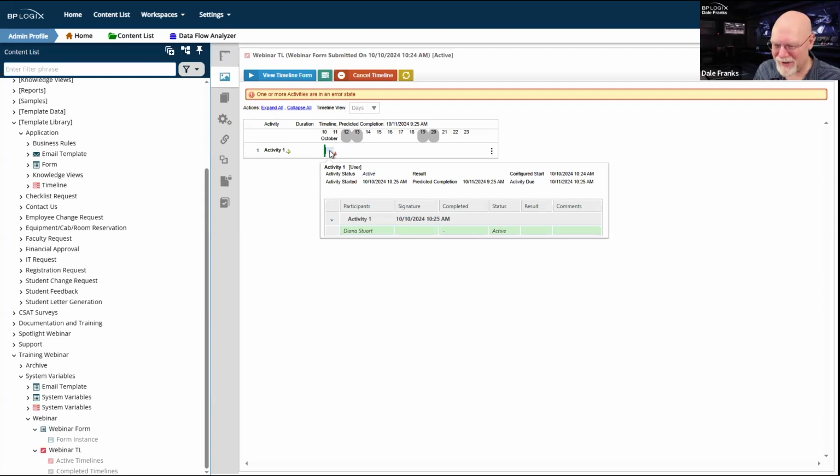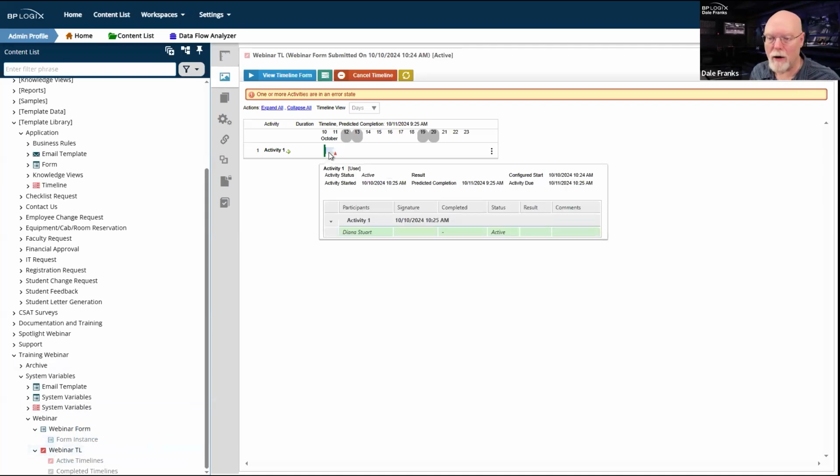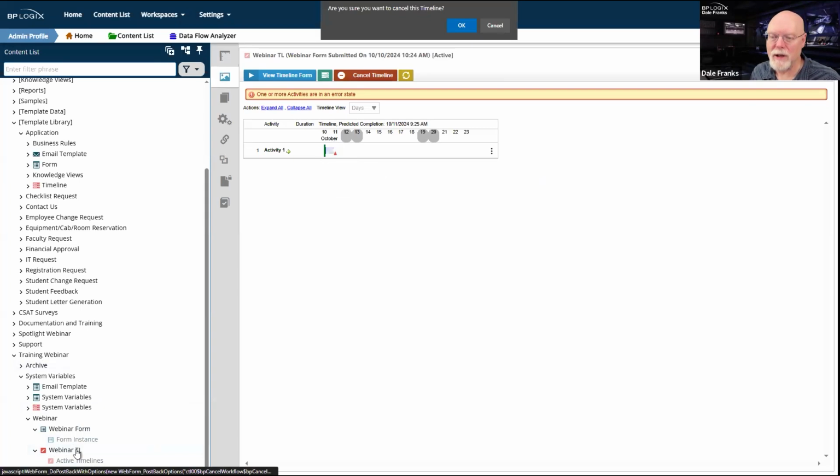It didn't work, and I was right. I did need the UID to make it work. So with that system variable, now anytime anybody submits a request, it knows who submitted the request. The form submitter is the person who's kicked off the timeline. And I'm just going to go ahead and cancel that since we've gotten what we wanted out of it.